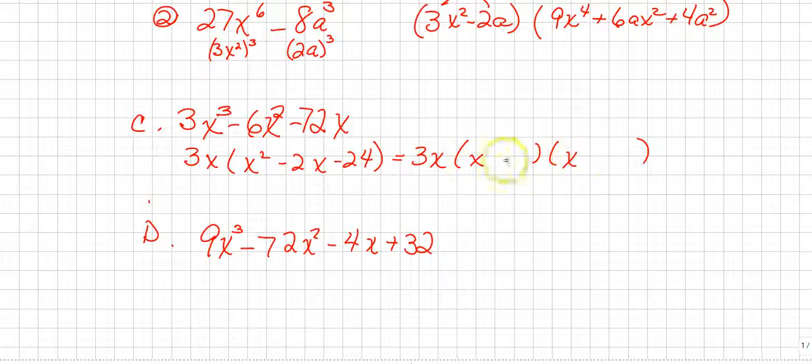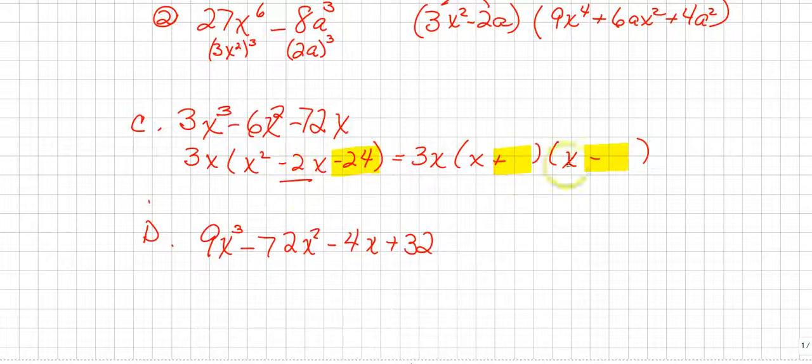Of course, x times x gives you the x squared. And now we have to figure out what goes there and there. Well, the product of those two numbers has to equal negative 24. Since it's negative, the sign combination will have to be plus and minus, because a positive times a negative gives you negative 24. And then the sum of those two numbers in the yellow will have to add up to